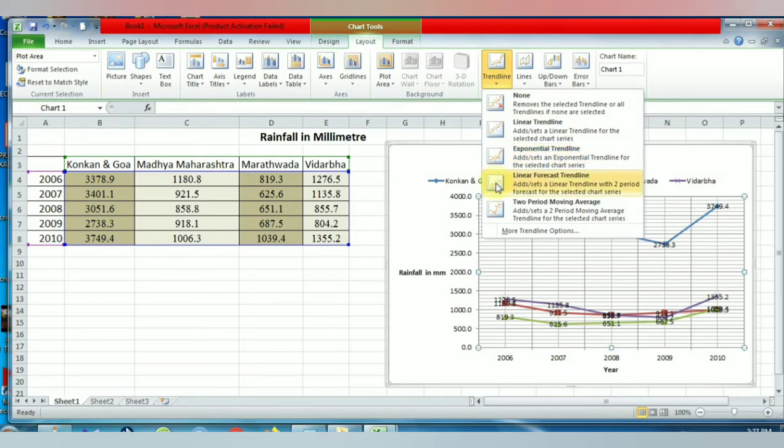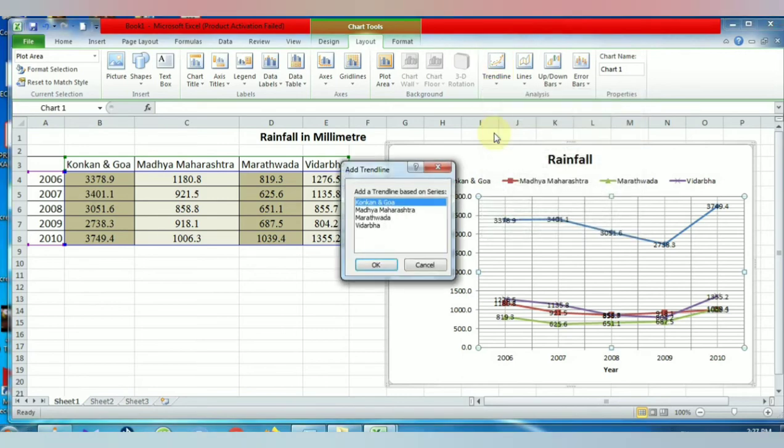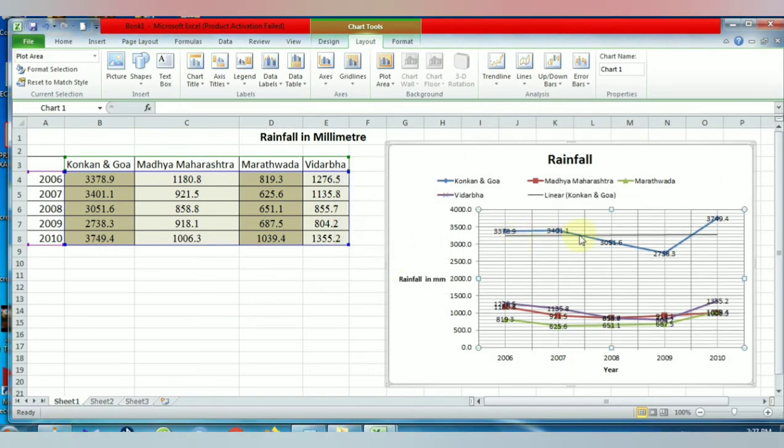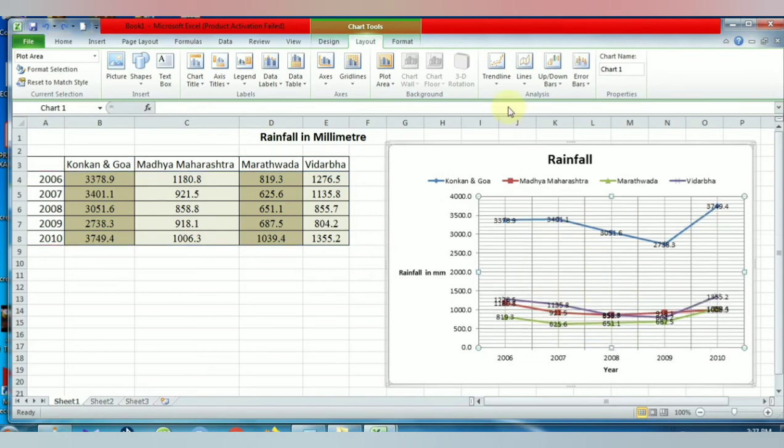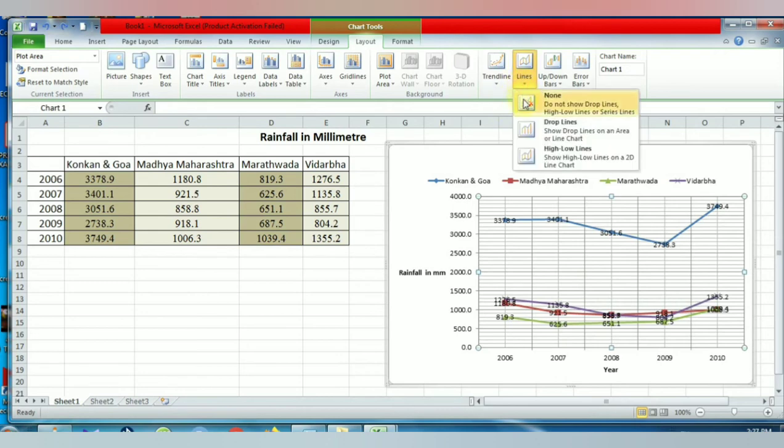Linear trend line, exponential trend line, these are some of the options available here. Using these lines, we can analyze the chart data. Suppose I select the linear trend line, then the linear trend line will be made available on this chart. You can see this is the linear trend line for the Konkan and Goa region.